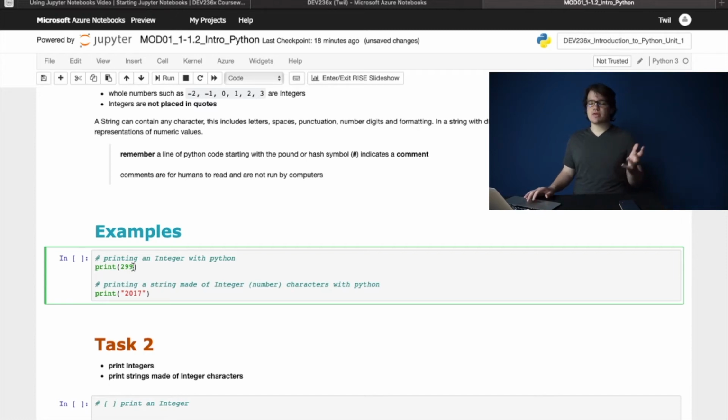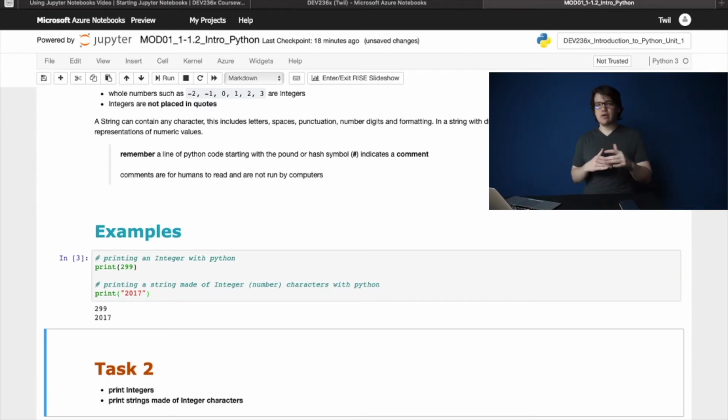So it's an integer, it's a number. Here you can see the output is the same, but when we go further in this course, you will see that it's really important to know if you need to use an integer or a string.